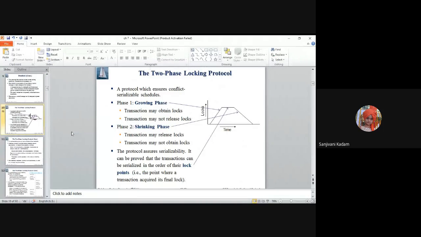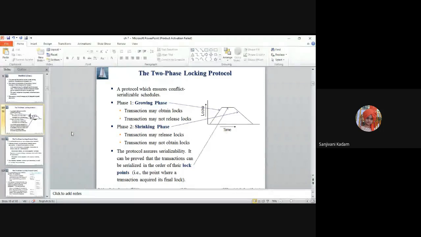In the locking mechanisms, we started with the two-phase locking protocol. Two-phase means that the execution of the transaction takes place in two phases. The first phase is acquiring the locks on data items, and the second phase is unlocking the locks on an item.